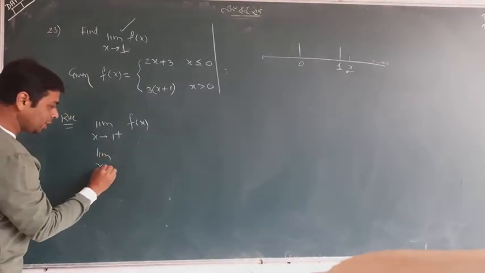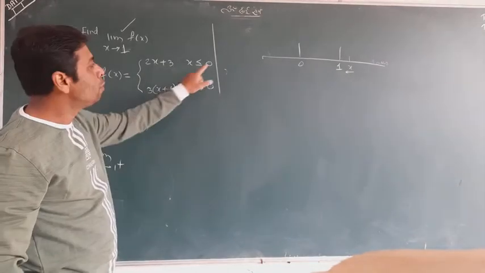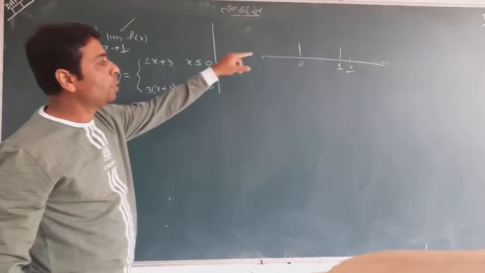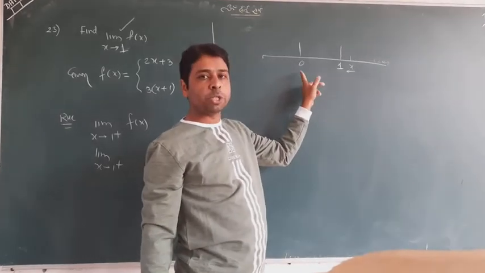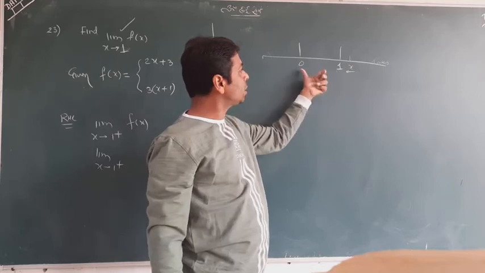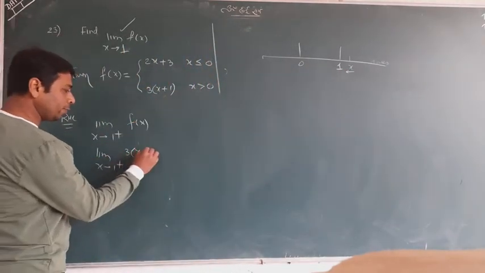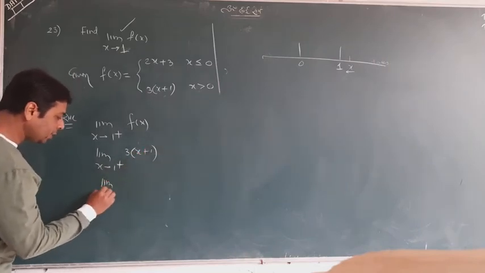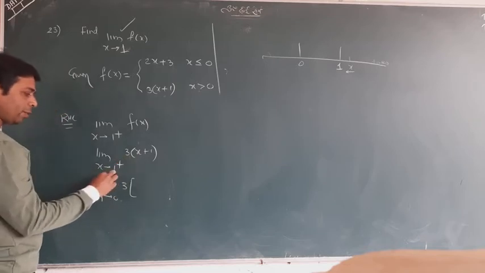It is a very interesting case. Try to understand, because both functions are given with respect to 0, so we see the position of x ultimately with respect to 0. Here x is approaching 1, and the condition of x is greater than 0. So I will take 3x + 1. I will change this to h as usual, 3 times, and instead of x I will write 1 plus h.